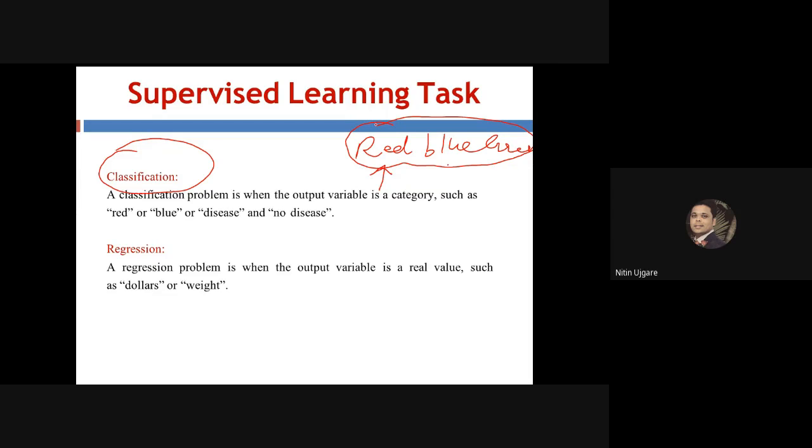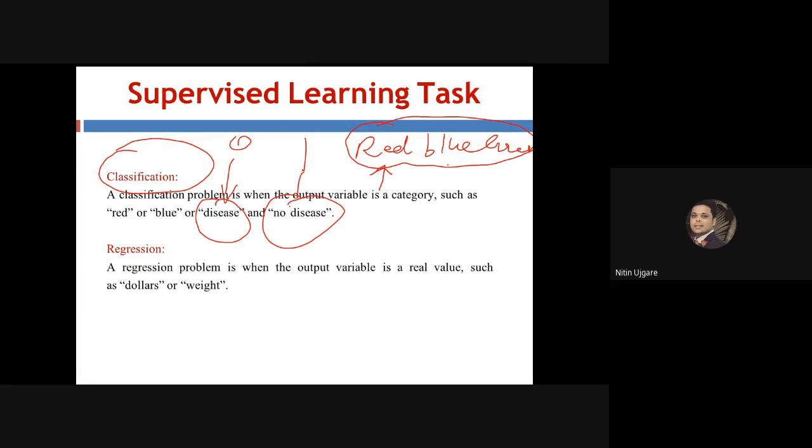Same example here, disease and no disease. These are also categorical variables. Or whenever your output variable has Boolean values like 0 and 1, disease for 0 and no disease for 1, that represents a classification problem.